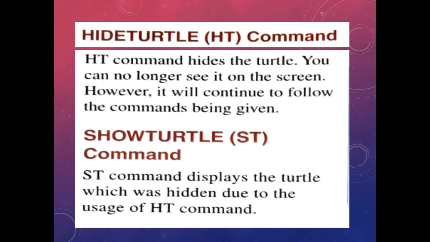Like in pen up, what happened? With the pen up command, the turtle lifted the pen, and the turtle was visible to us, and it was not drawing the line, but it was moving. But in hide turtle, what happens? It is invisible for us. It is not seen, but the turtle is present. So as you move, the turtle will draw the line. And after that sometimes you want to see the turtle, in which direction the turtle is.